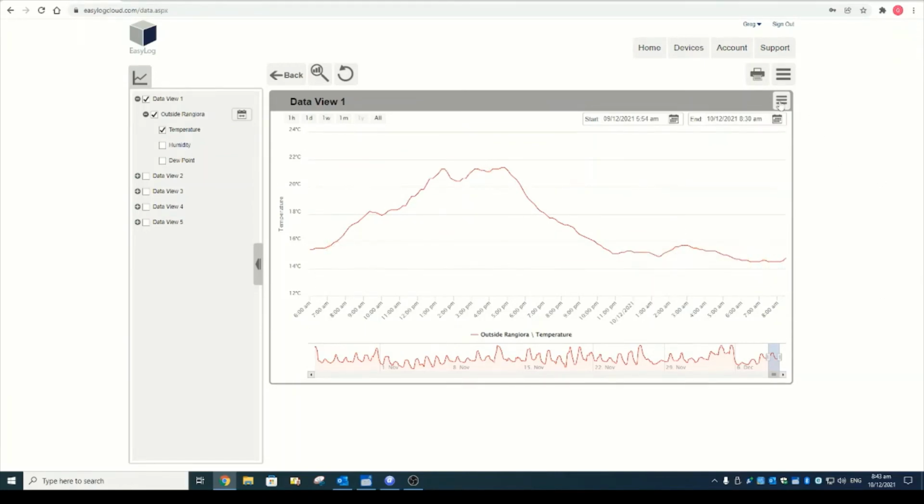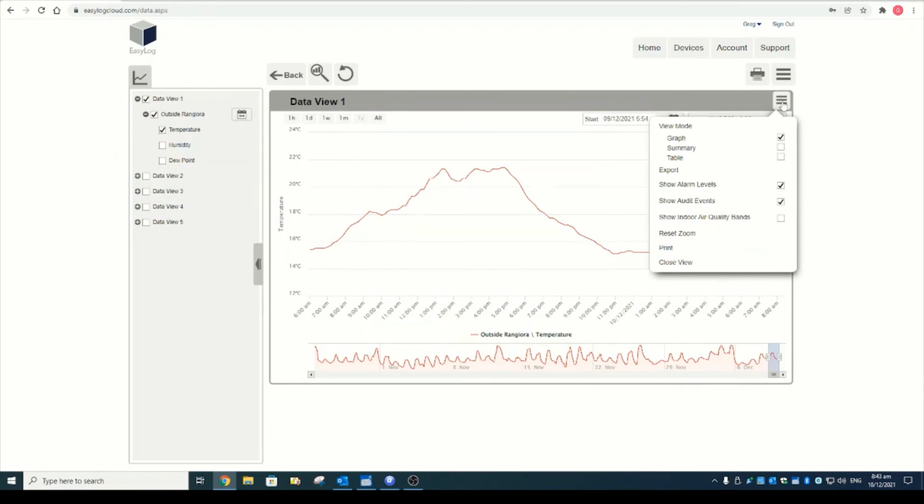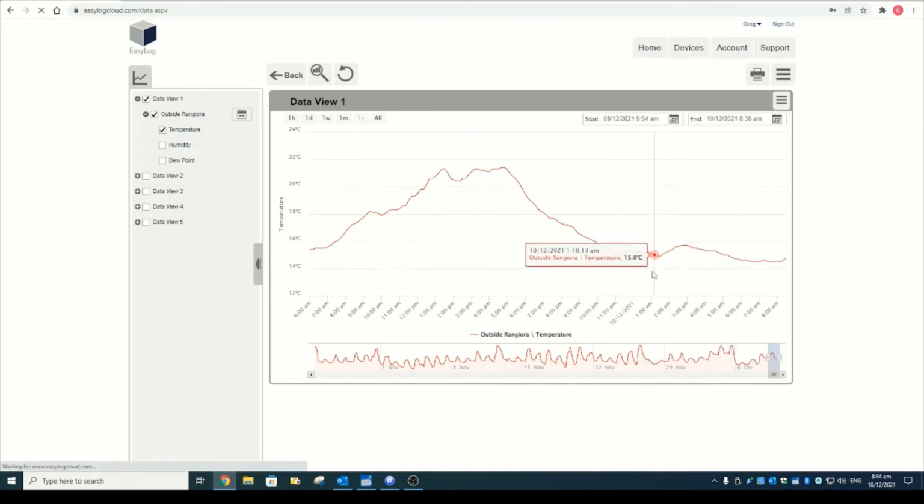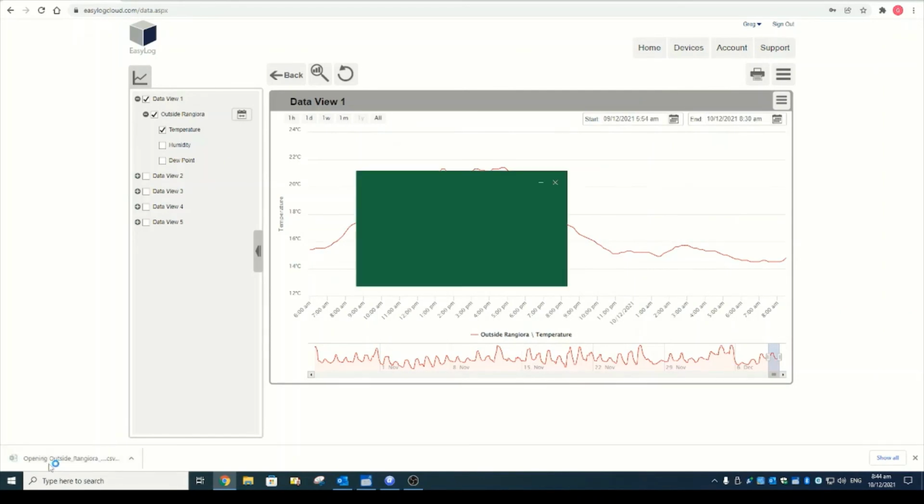Now we can export that and do things with it. So if I click on the ellipsis selection here, we can select a summary, a table, or we can export to a CSV, which is probably the easiest thing to do because you've then got it in Excel. So if I click export, and I don't want all the data, I just want the data between those dates, and let's export it as a CSV so that Excel will read it. You'll see in the bottom left hand corner I have a CSV file, which if I click on it,